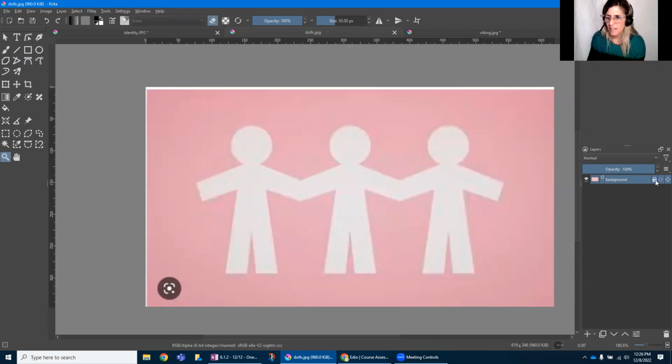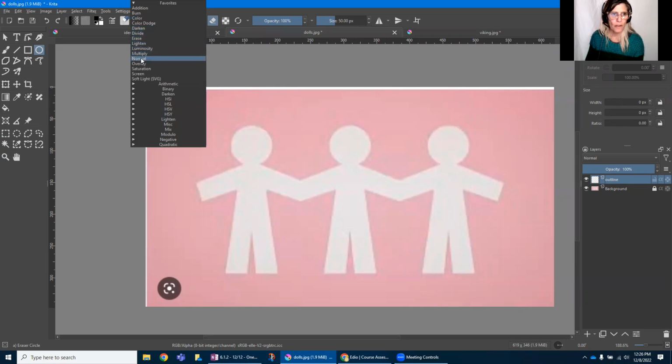Actually, I'm going to lock this layer. I think I was on the wrong layer, so I'm going to add another layer. Always remember to add a layer. I'm going to call this the outline. So now I'm on the right layer, and the other thing you could do is you can also use the ellipse tool. Make sure that you are on normal,